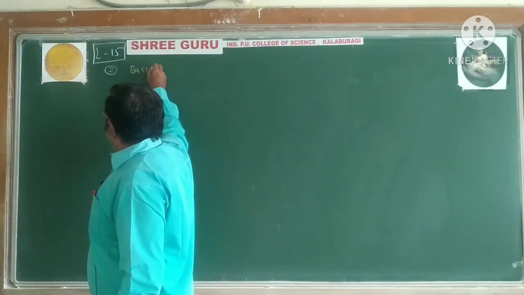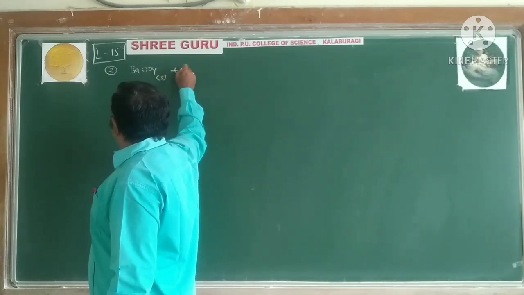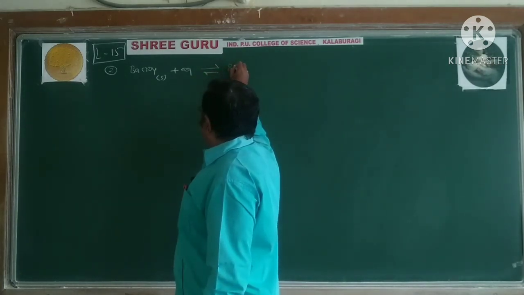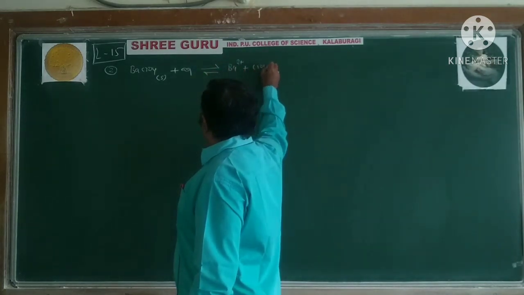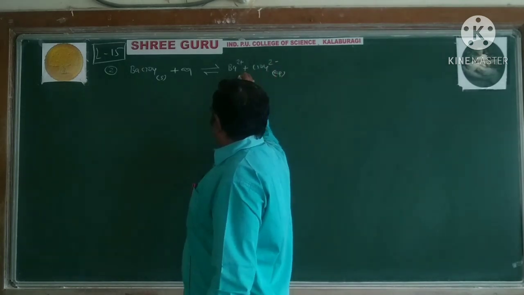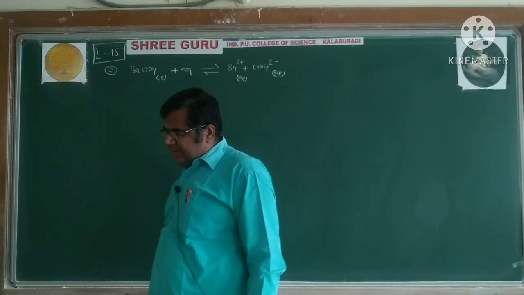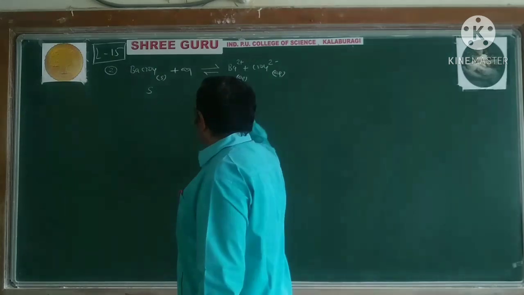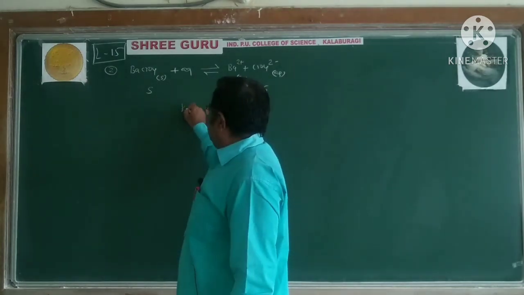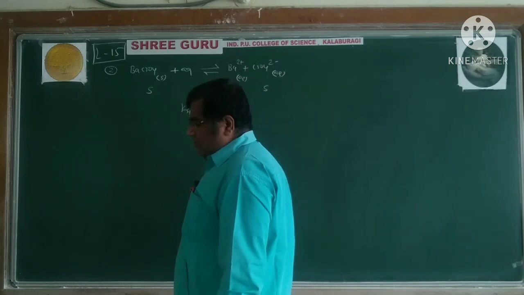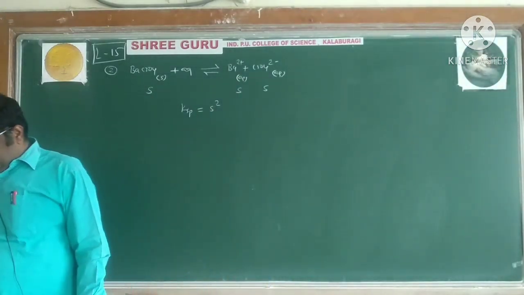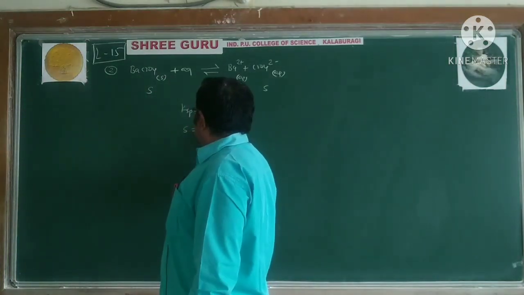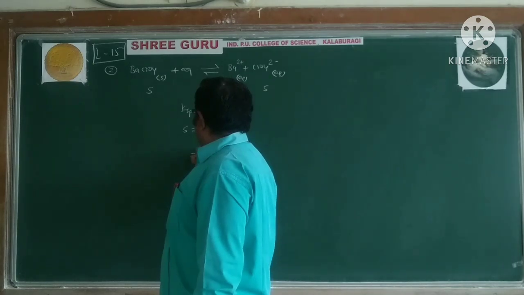So barium chromate in solid state plus water gives Ba2+ plus CrO4 2- aqueous, and we can say that this is S, so this also S, and this also S. So Ksp is equal to S square, and that's why we can write S is equal to square root of Ksp,